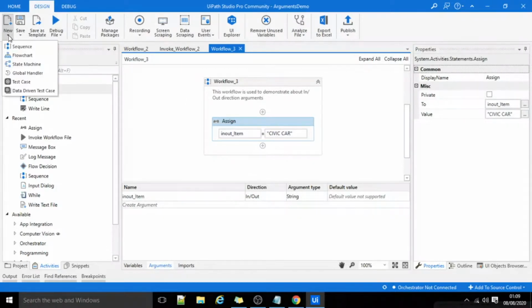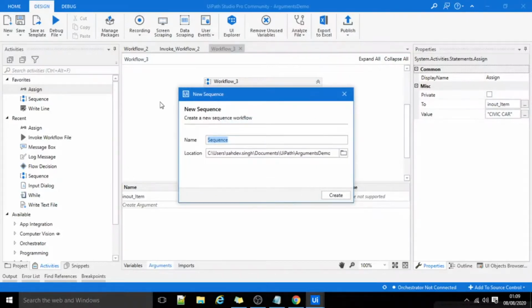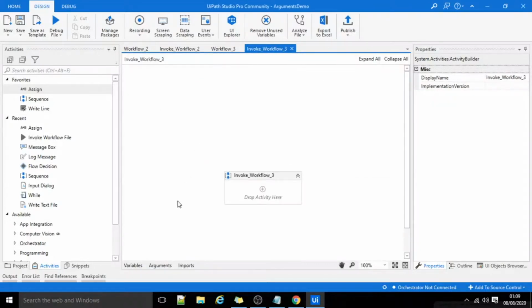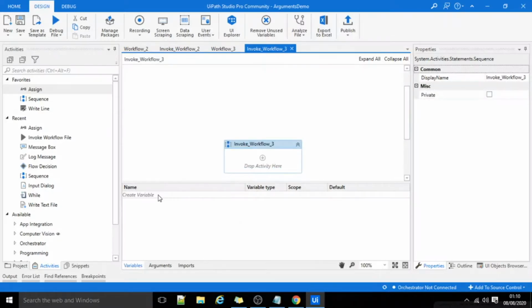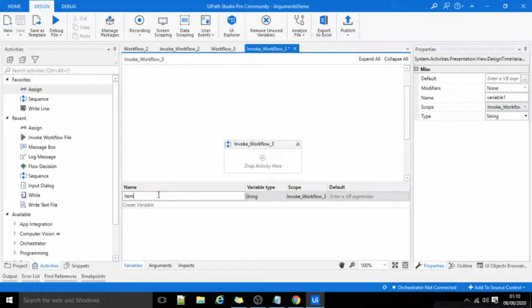Now I'll take one more workflow to invoke this workflow. As we need to pass some value to that argument, I will create a variable. I'll create one variable.